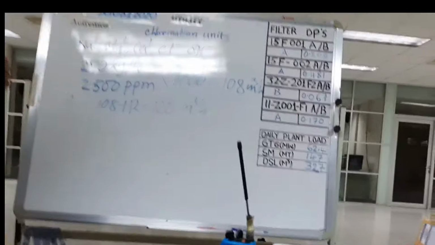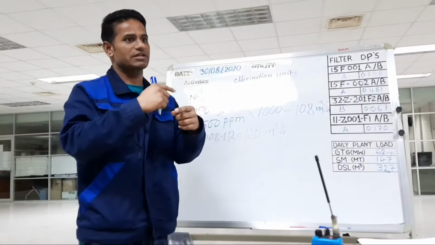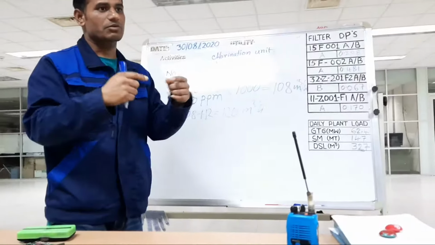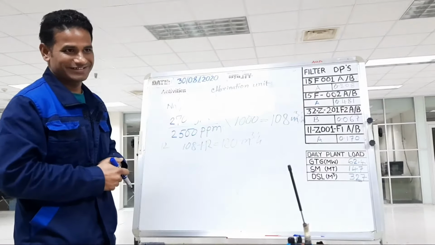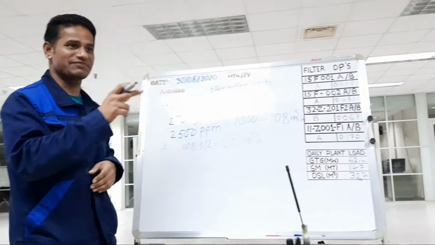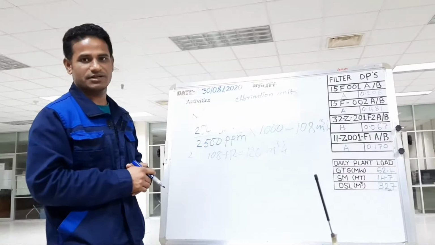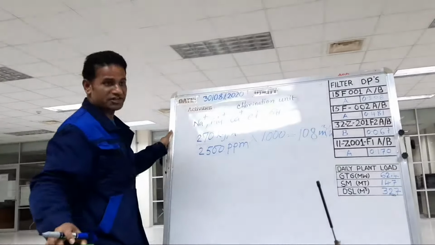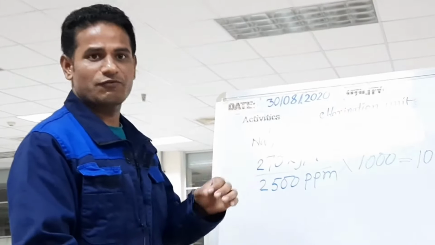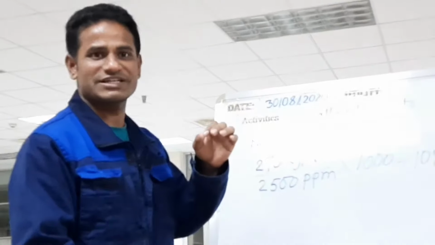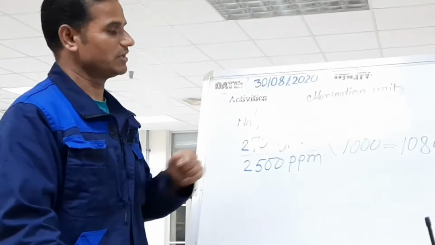Otherwise, if suspended solid gets into the hypochlorite generator, the electrolysis system will have a problem, and the strainer also gets blocked. Self-cleaning, vortex type strainer. Finally, we are using only 108 meter cube of seawater for producing 270 kg of chlorine per hour, 270 kg, not meter cube, okay?